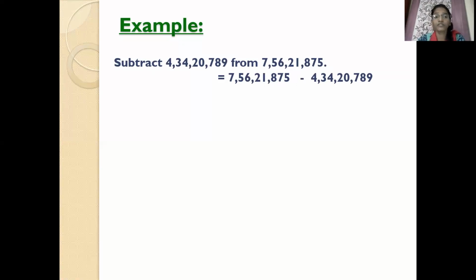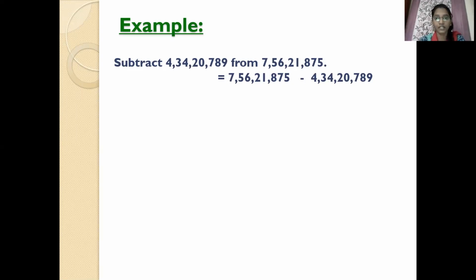Be very careful when you have the word "from", children, especially in subtraction. The first number is to be subtracted from the second number. So here, the second number will become the minuend. So you'll have to subtract 7 crore 56 lakh 21,875 minus 4 crore 34 lakh